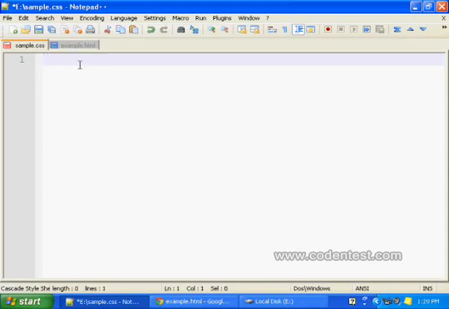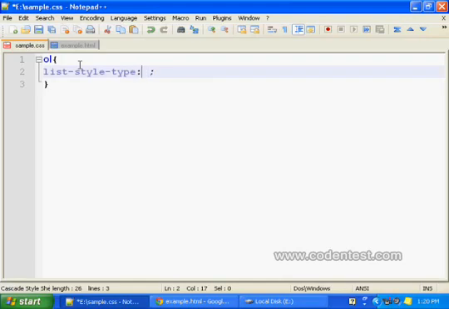First, let's write CSS code. We'll create an ordered list first. List style type.